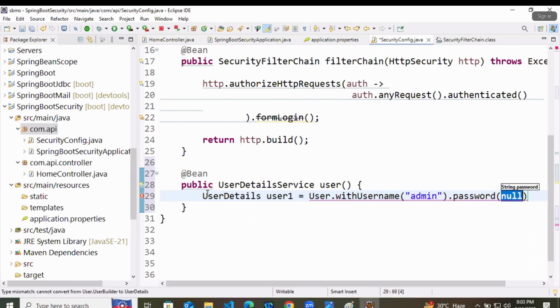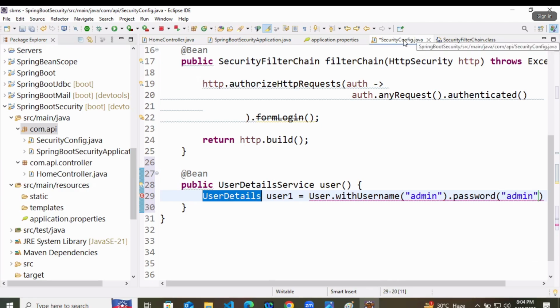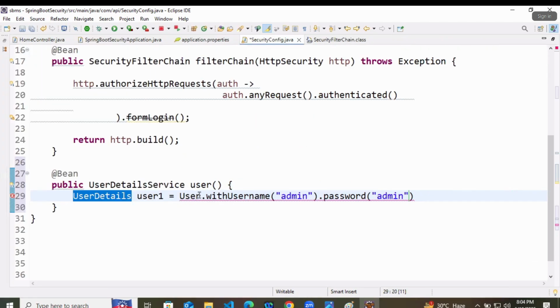What is going to be the password of this particular person? Here I am not going to use a direct string password. Let's say if I am using a direct password, what will be the problem? So here we are creating user details with username admin. Password is also admin.